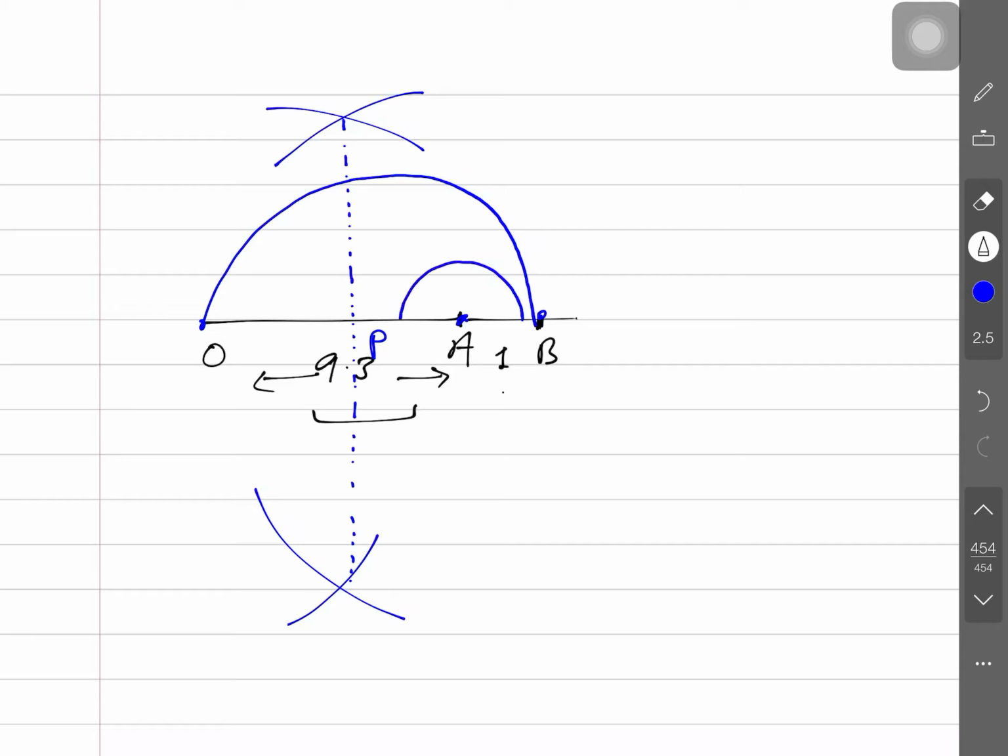Do you know the method of constructing a perpendicular? Yeah. Cut an arc, cut an arc. Now join this. Okay, so this line is intersecting here at, sorry, P we have already used, so Q. Join P to Q.